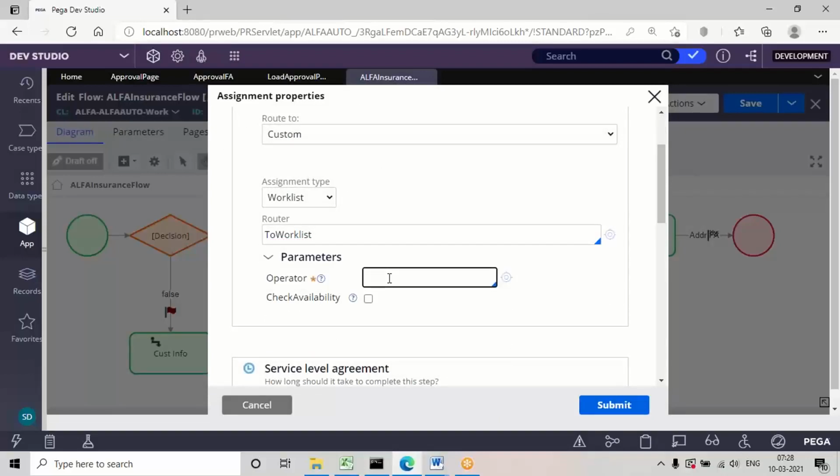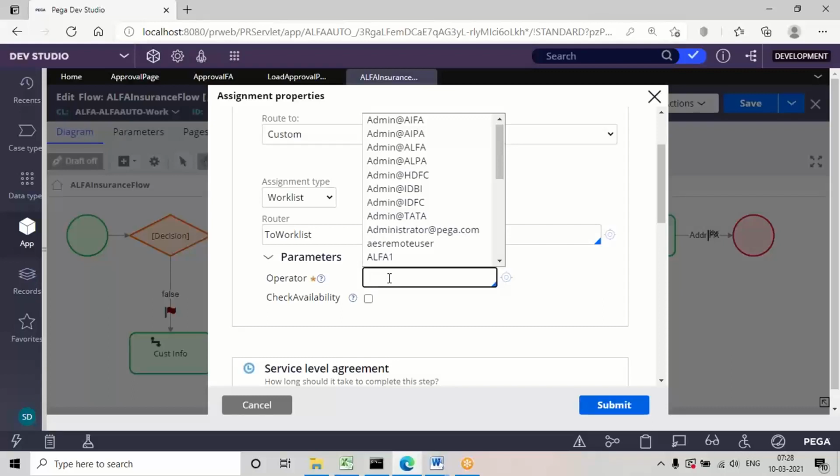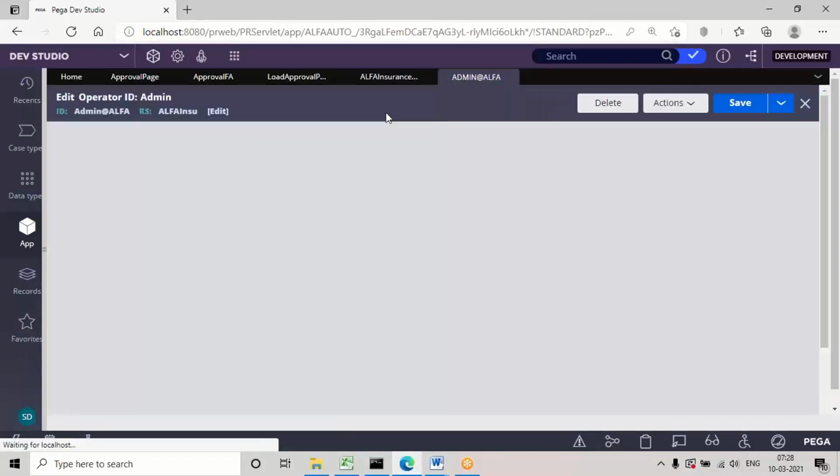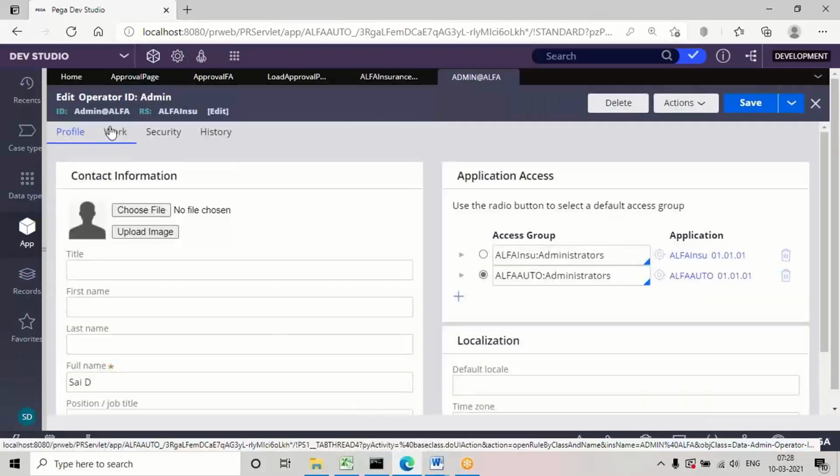Here we are going to transfer the task to the operator who is the reporting person. Those details we have to give. See, what is the report to ID given? In your operator form, check what the report to ID is. You have to choose that one.